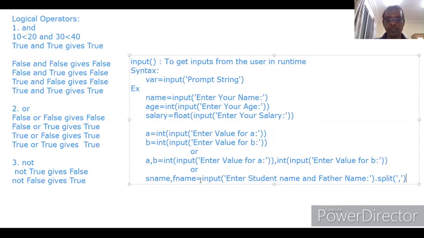See here, this is the third format. By using this third format, we can get only string values. I will tell you the reason why we get only string values in the coming classes.